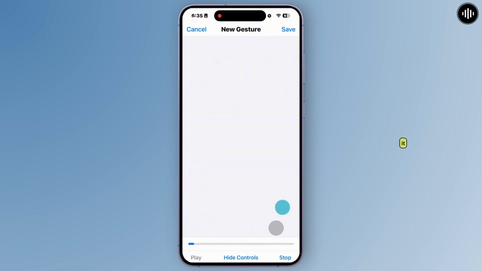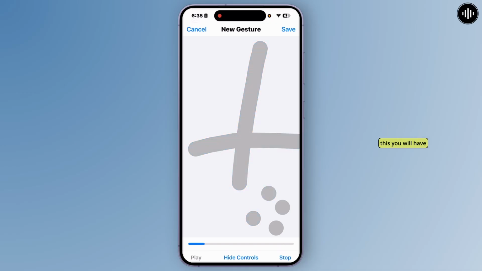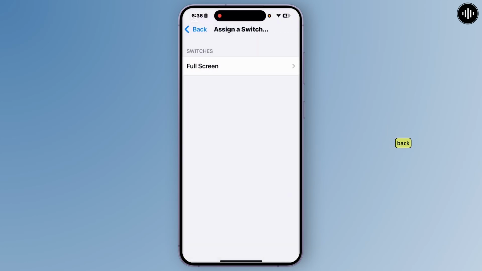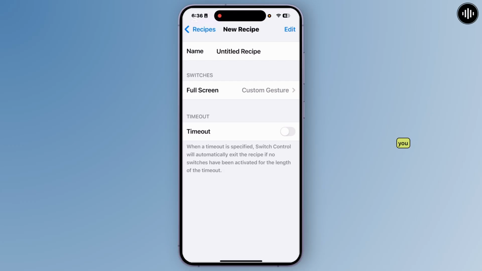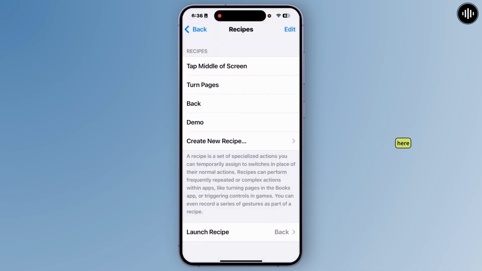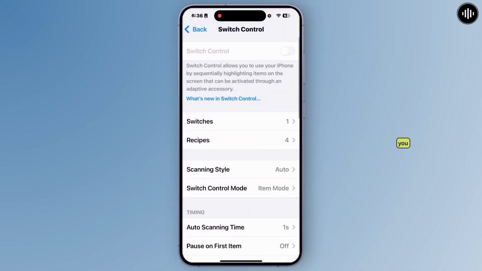So after you set it like this, like tap here, and you have to swipe off, and after you have done this you'll have to just tap on this Save option at the top right corner. After you save it you'll have to just go back from here, and after you have added a recipe you'll have to give a name here. So I will give this name, for demo. Okay, so after you have done this you'll have to just go back from here, and from here you'll have to go back